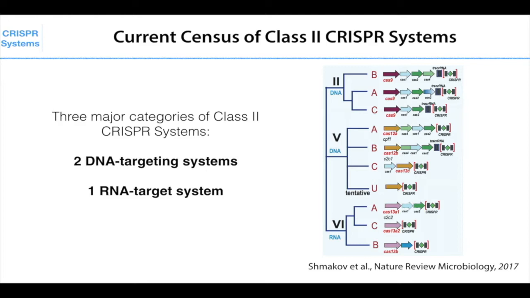Of course, as we sequence more and more bacteria, it's very likely that we'll find additional types of CRISPR systems. So there are really three class 2 CRISPR systems. There's a Cas9-based system, and then there's a new DNA targeting system that's based on Cas12. You can also use these for gene editing. And then the really interesting one is the third type, which is called Cas13. It uses RNA guides to recognize RNA and then carry out RNA modification functions.